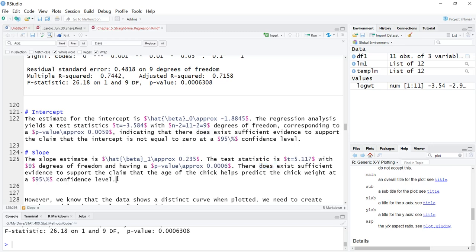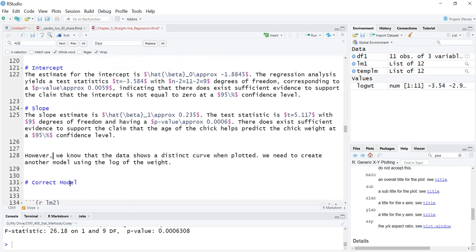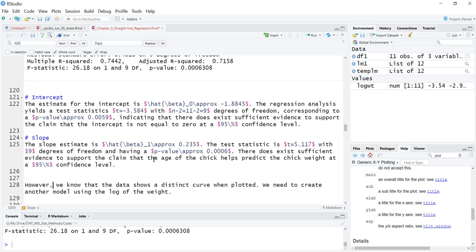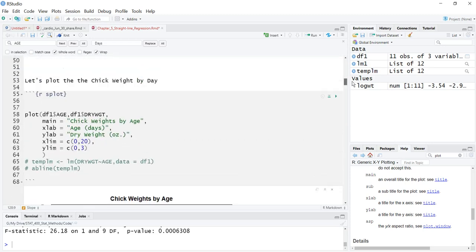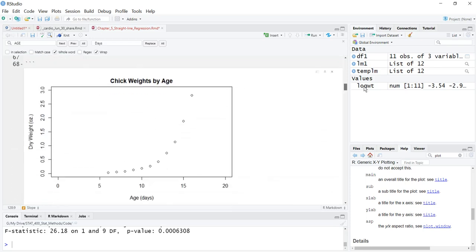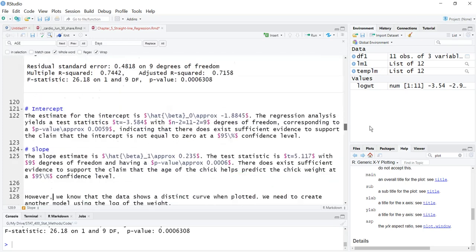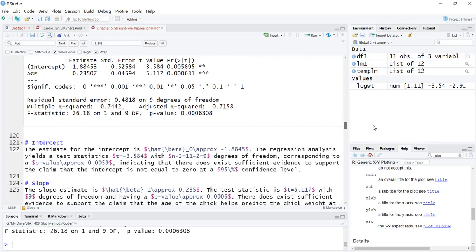I think my sentence said something about the sample size, but if you have degrees of freedom, then you don't have to include the sample size for that part. Okay, but we know that there was a really distinct curve on this graph. Even with that curve, look at what happened if we had not looked at our initial plot here, I'm on 128, and we just performed the analysis, we'd say everything's great, there's a straight line relationship because everything's